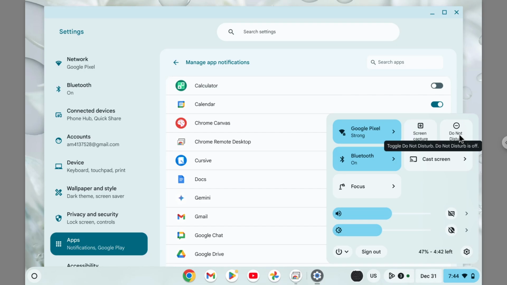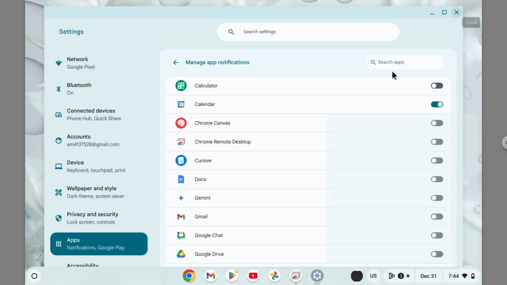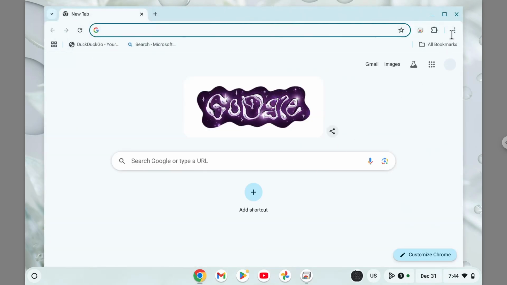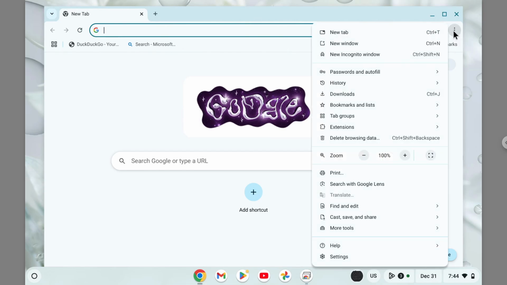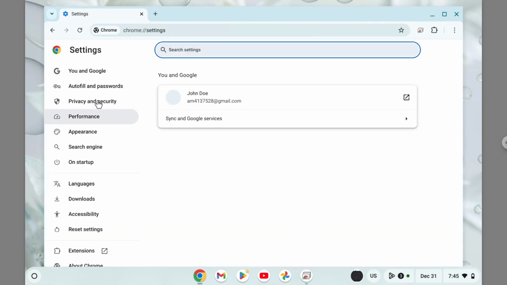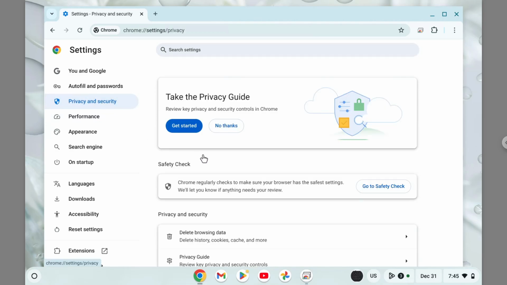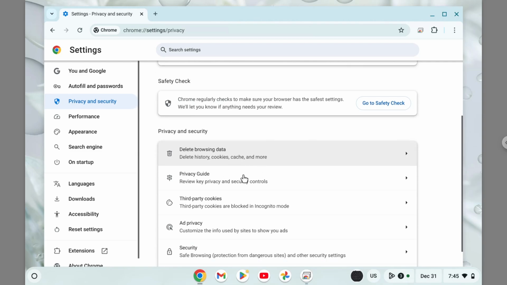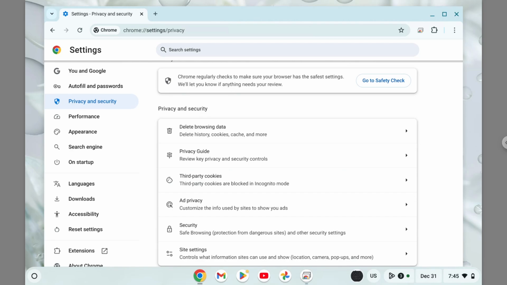Well, in order to set up or manage the notifications, we have to go through Google Chrome. So let me close the settings page, and I'm going to launch Google Chrome. After that, go to this menu and then go to settings, and then go to privacy and security. You want to scroll down a little bit. Okay. Now go to site settings,